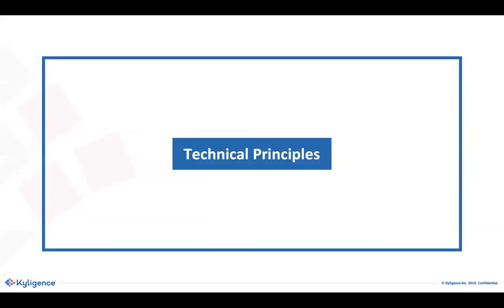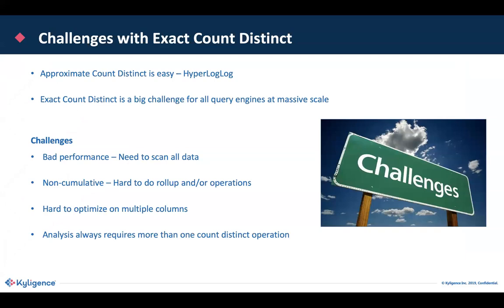Okay, so we already discussed what scenarios need to use count distinct, and why it is very important for those analyses. And we also know that there are two kinds of count distinct, of which exact count distinct is very important for many scenarios. But on a very large data set, performing exact count distinct is always a big challenge. So next, let's analyze from the perspective of technical principles why exact count distinct is so difficult and how Apache Kylin